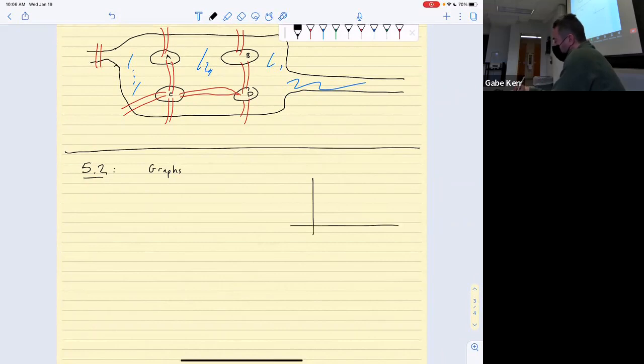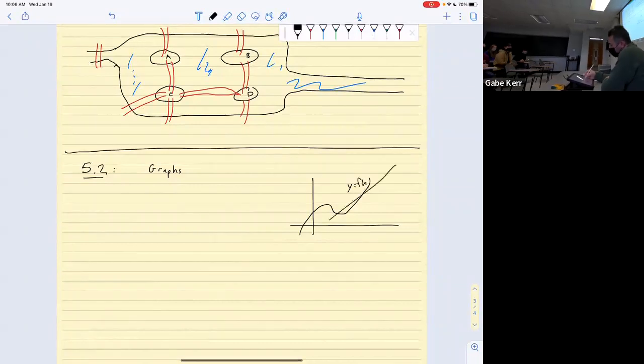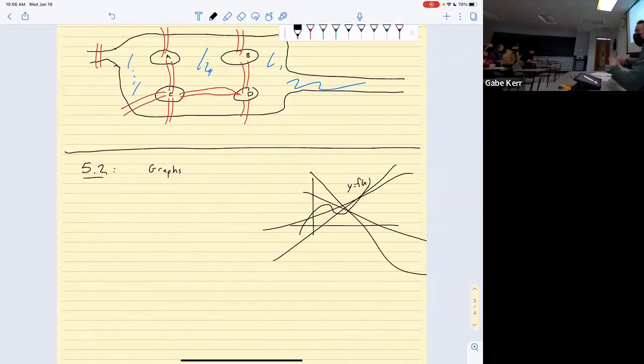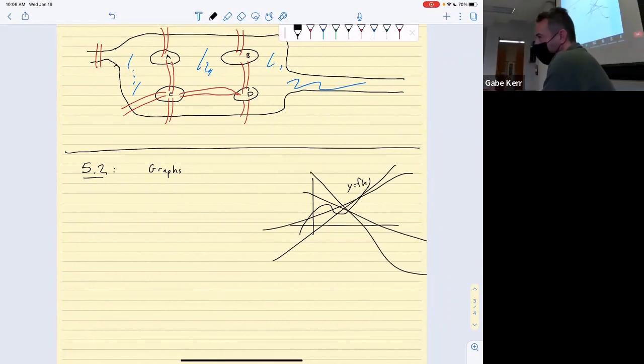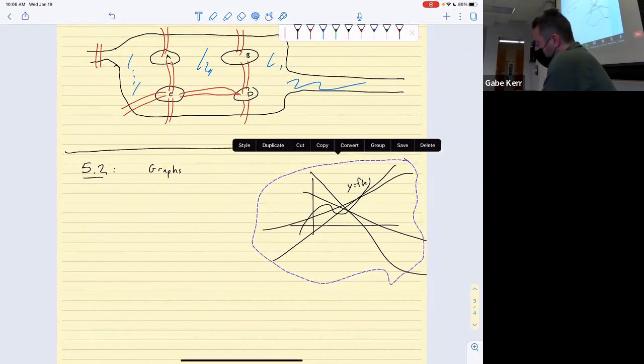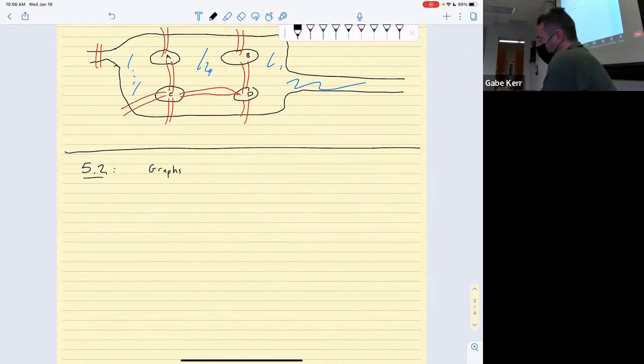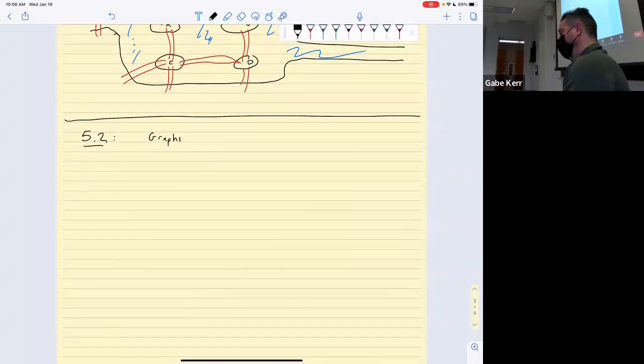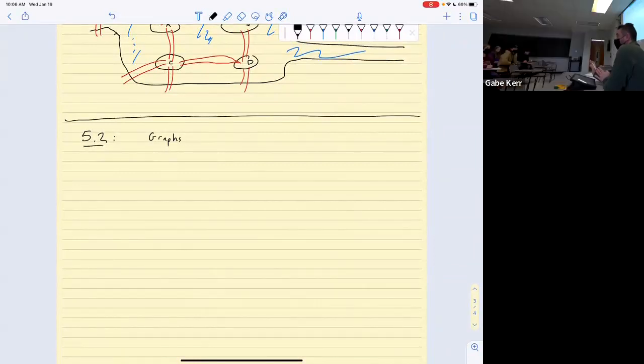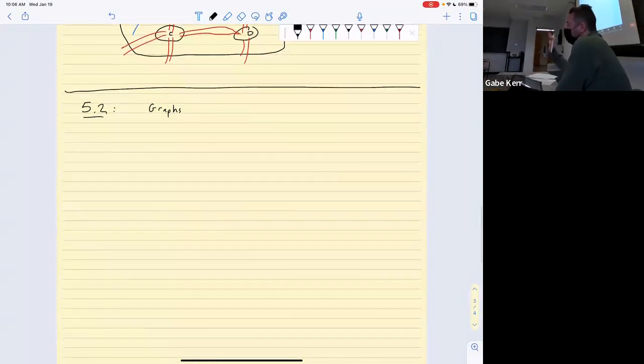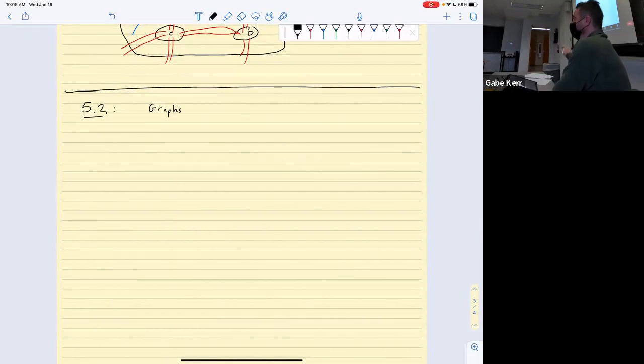You know, like this is a graph, y equals f of x, right? Not the graph I'm talking about. This is not the graph. Different graph, totally different notion. We're not talking about that, at least not now. Probably not ever. We're talking about a different kind of graph, a mathematical graph. What is a mathematical graph? That's not to say that those other things shouldn't be called graphs, just a different kind. Totally different notion.